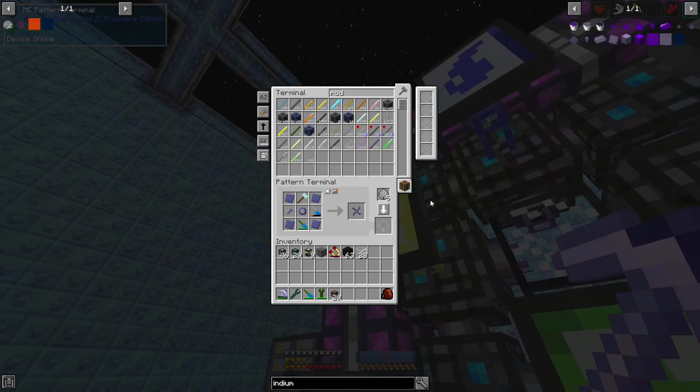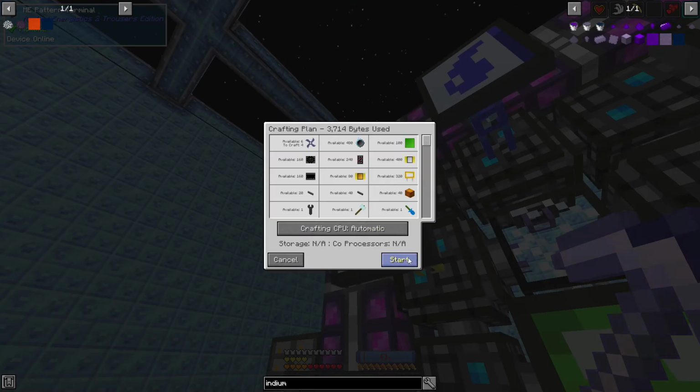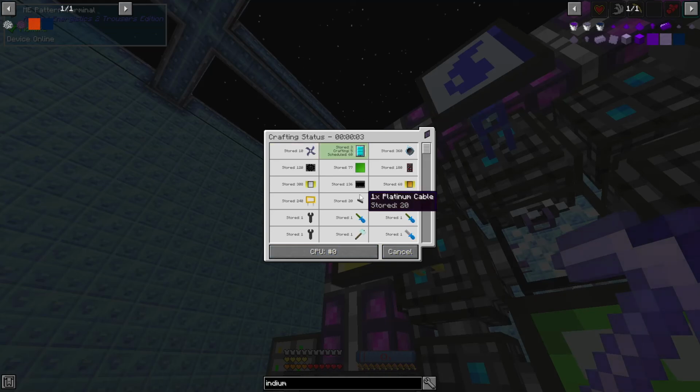Whoopsies. Or we can just use some rods for a minute and ignore the automating of that until later. So, chemical reactors, let's make 10 of these things. Start. Alright, let's observe. Why are you trying to craft those? Cancel that. Anyway,